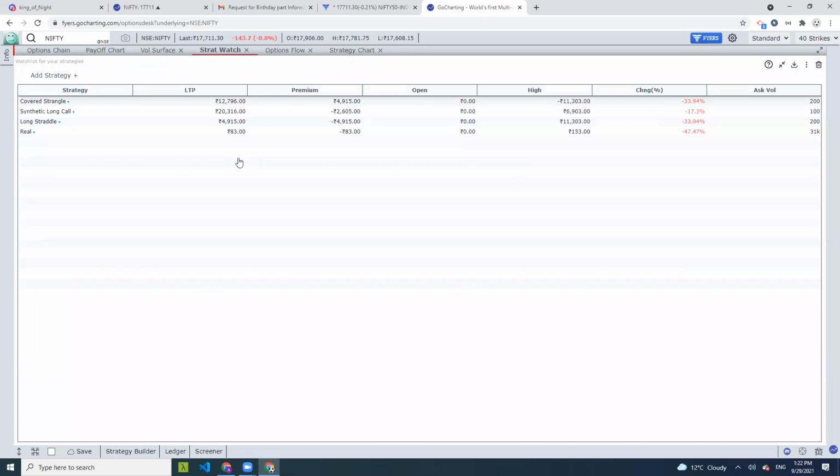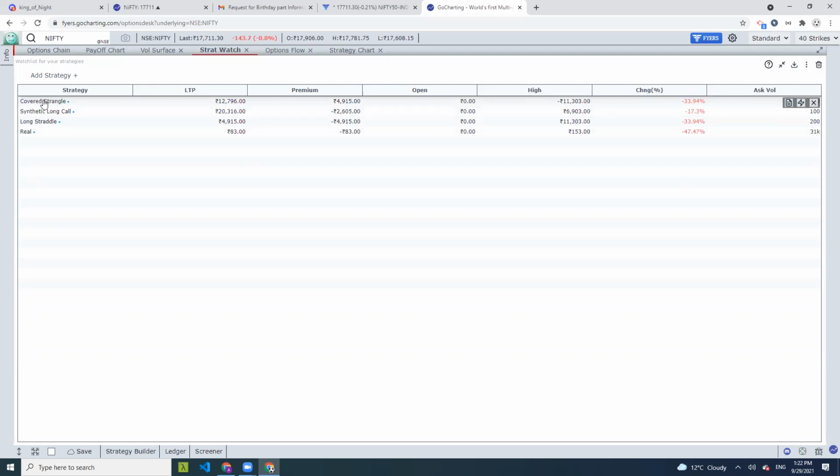But what you really need as an option trader is the ability to track the entire strategy at a time, which comprises multiple legs. That's what you want to track in a watch list, right? Before you take a position in that strategy. That's what Stratwatch does. It is a watch list for your strategies. So these are the saved strategies.